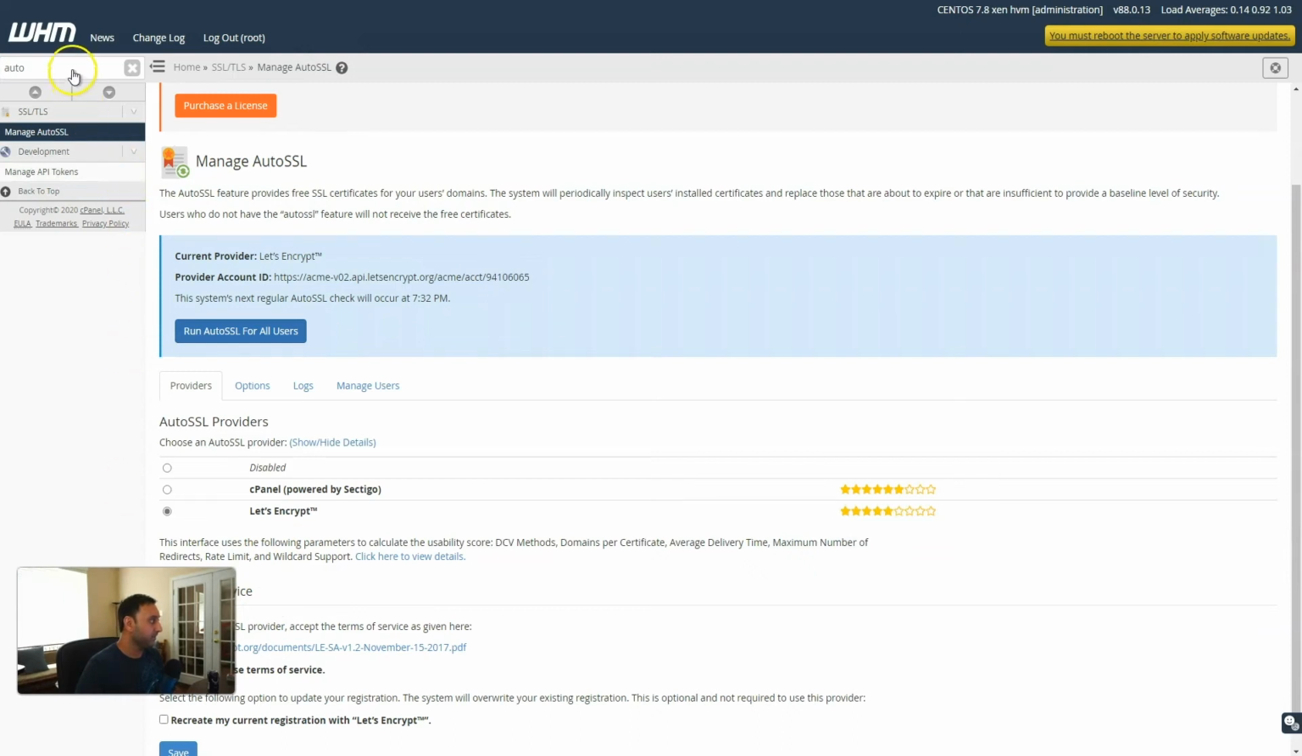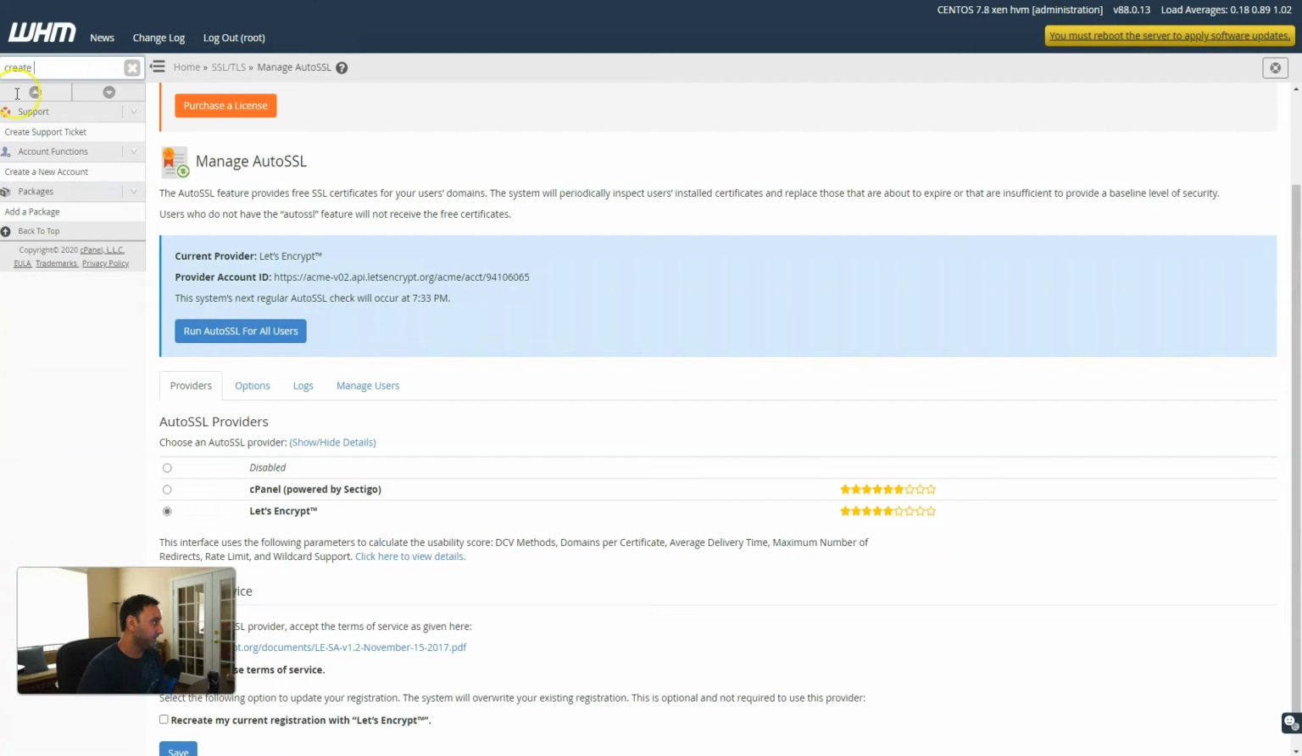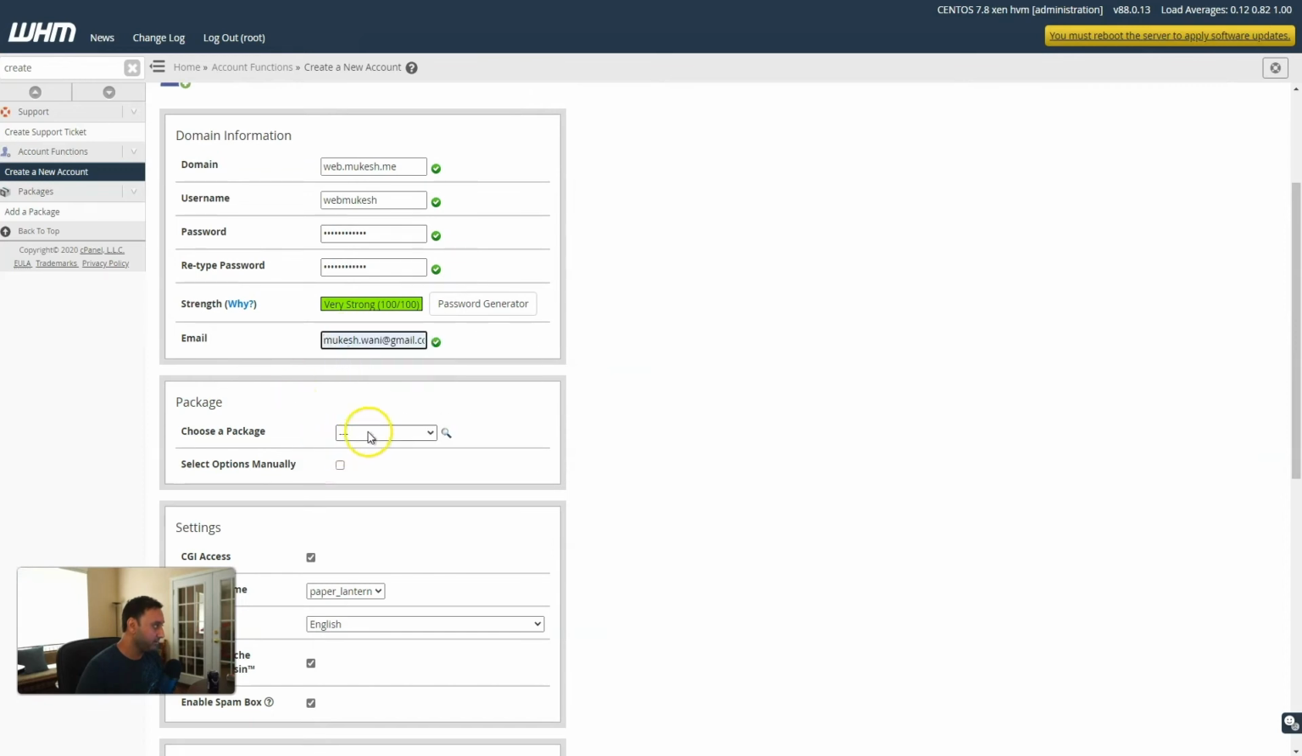Okay, so now the next step is we'll create a web host account, and then we'll install WordPress on it. So I would like to go to create a new account. So click on that. For the domain, we can say web.mukesh.me, just a sample domain. A username, it automatically creates one based on the domain. Password, let's pick a password. Address, and then you can set up individual packages that turn on various services and tools for the web hosting account. For us, we'll just pick default,